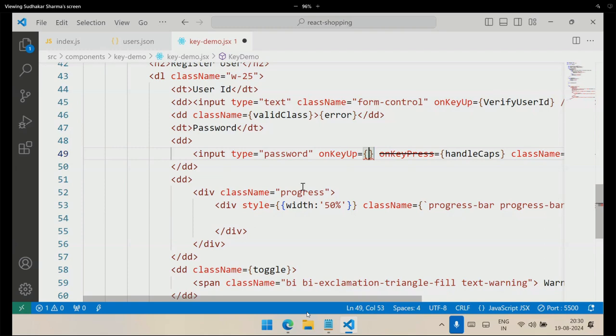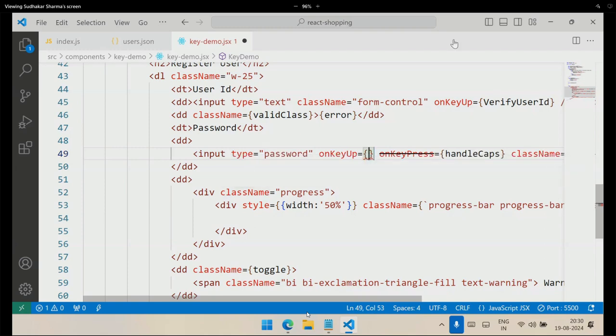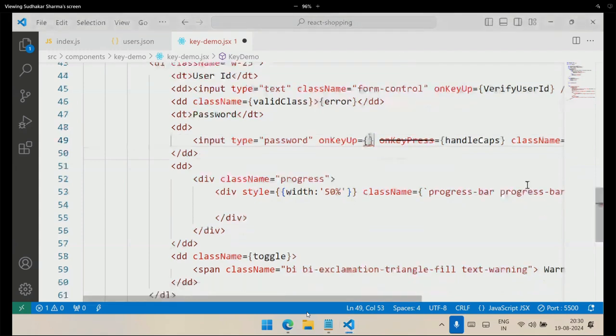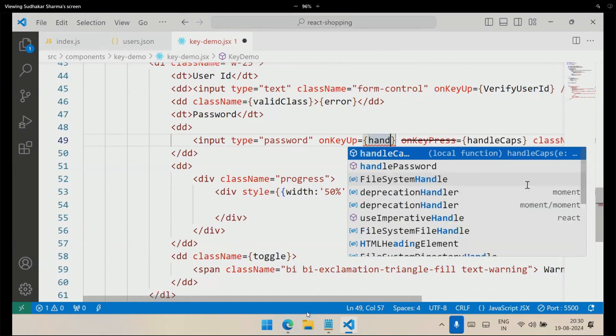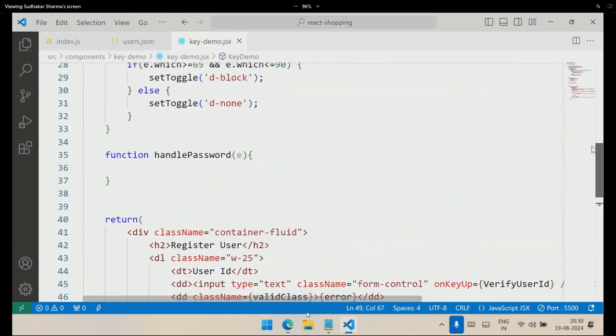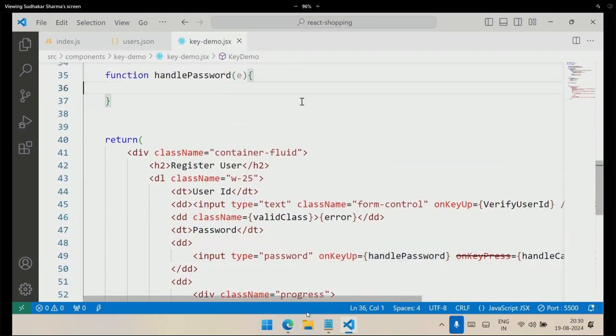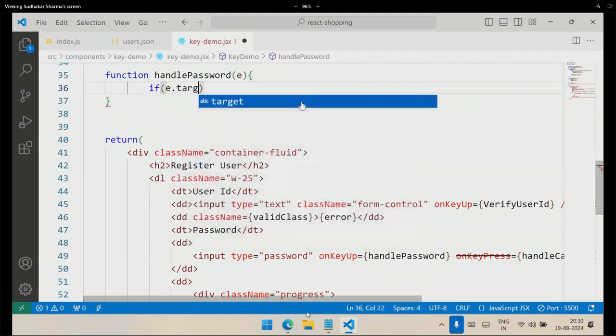Okay, so let's see here. Now on key up, we need to verify three basic things. On key up, we use handlePassword, and in handlePassword we have to verify some pattern for the password. So we are writing a condition: if e.target.value is a string, .match with a